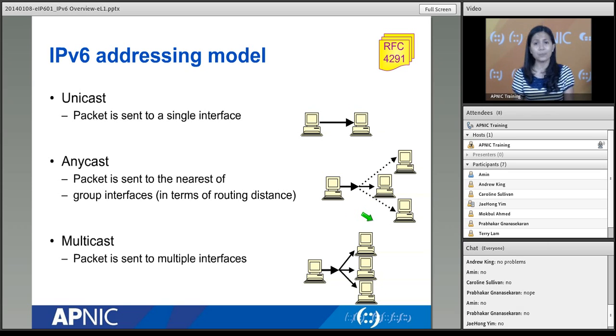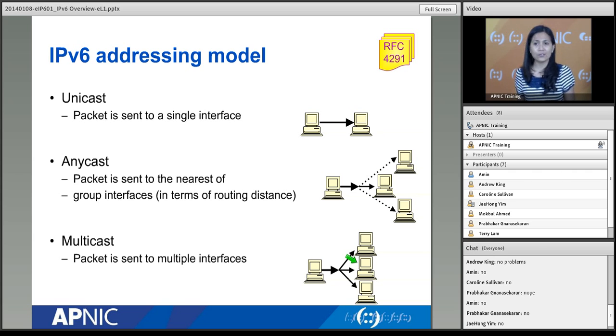In this example, as you can see, we have 3 computers that are using the same multicast address. What happens when, let's say, this source host sends a packet to the multicast address? It will be sent through to all of these multicast addresses. So it's like you have a multicast group, and then everybody will be able to receive it.